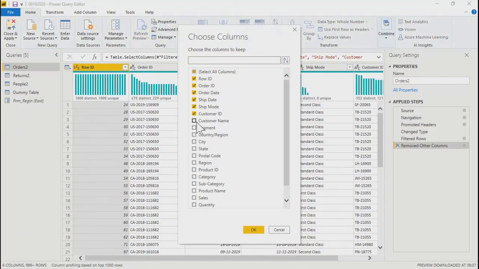This will not impact the visuals unless we close and apply, right? Correct, it will not. As soon as you close and apply, definitely these columns will not appear in the data sets and visuals might fail. Okay, so let me just select everything over here.